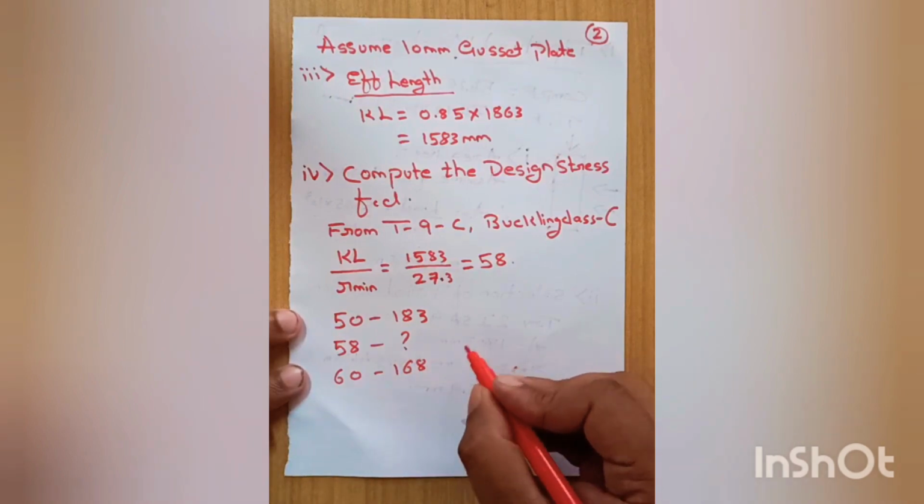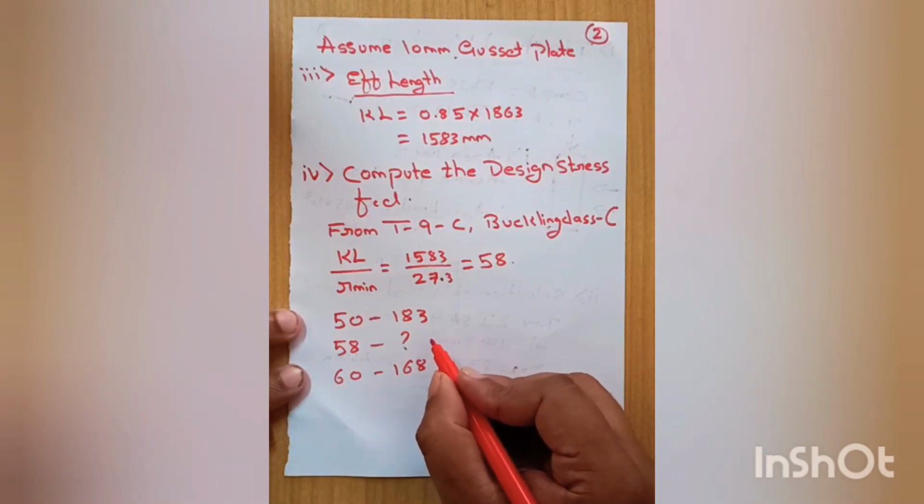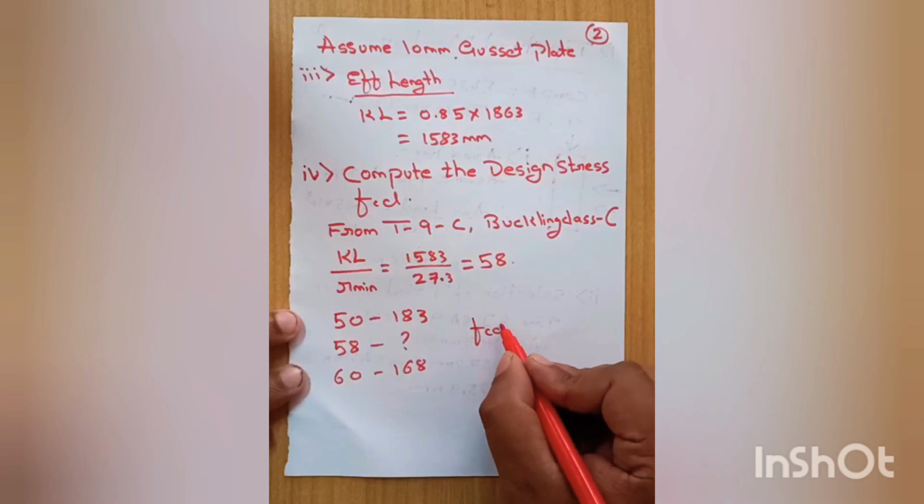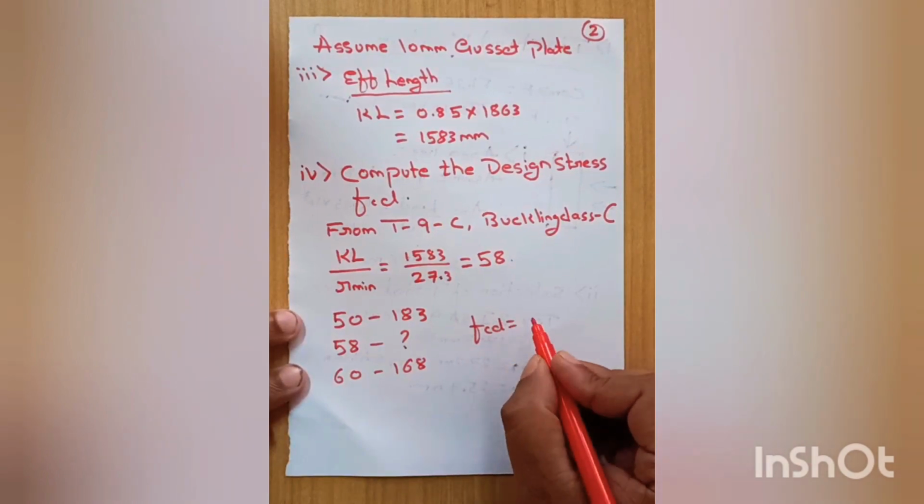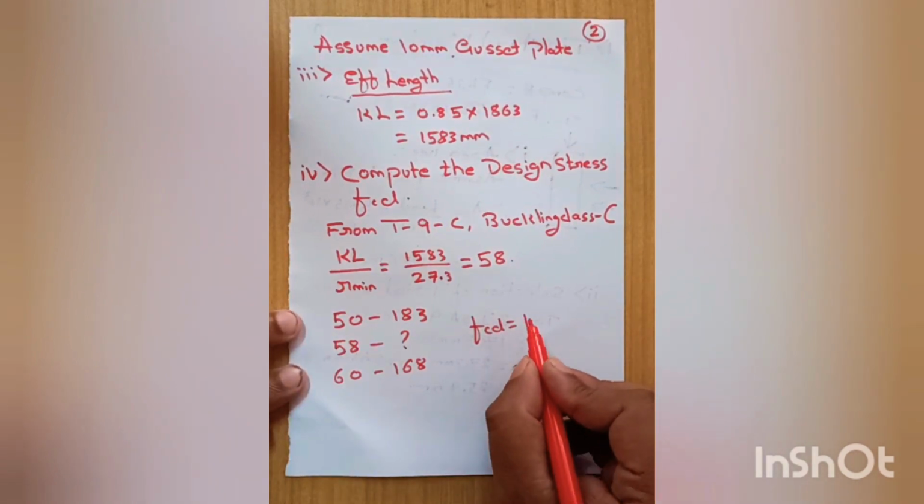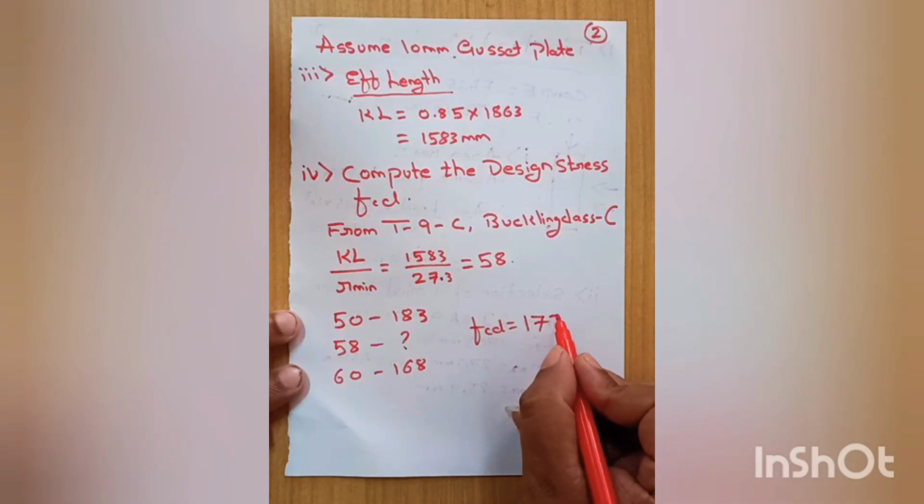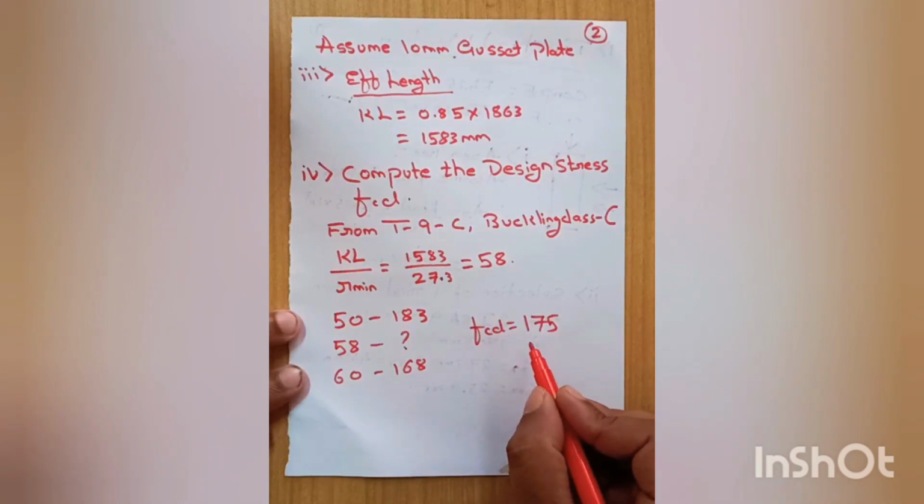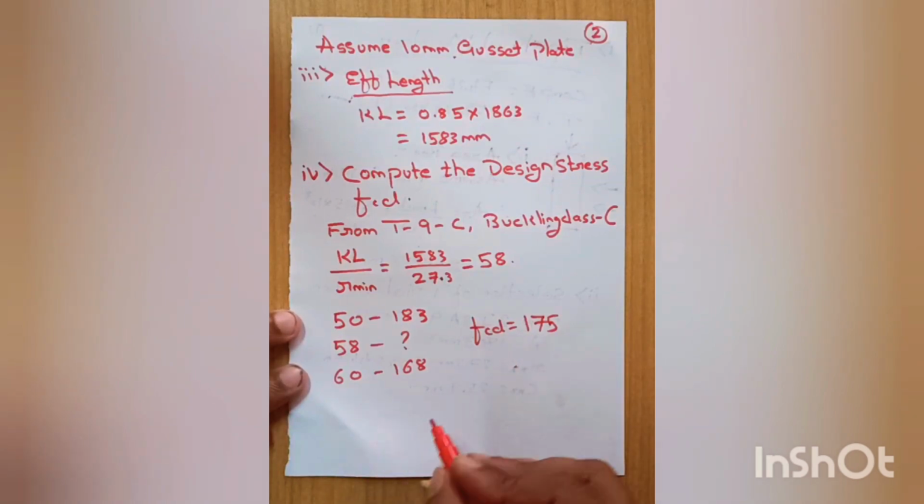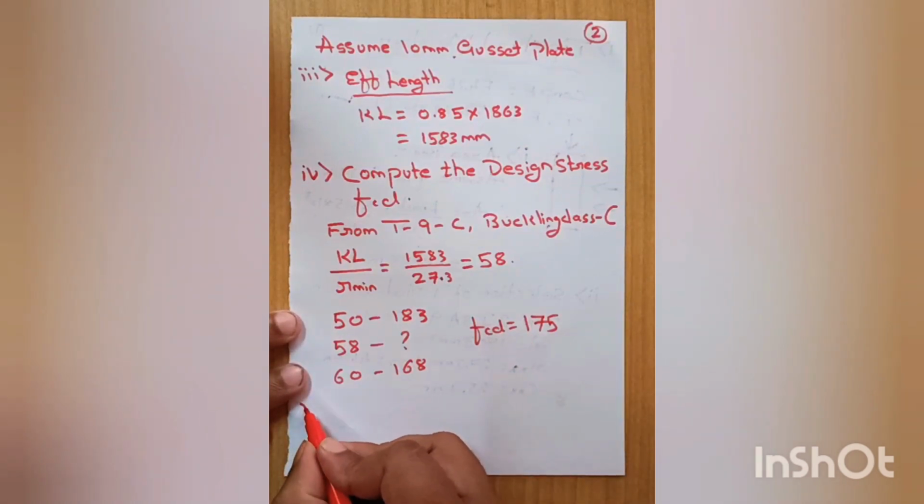So after doing interpolation, we will get FCD as approximately 175. I have taken the value directly. You need to find it by doing interpolation. So next,